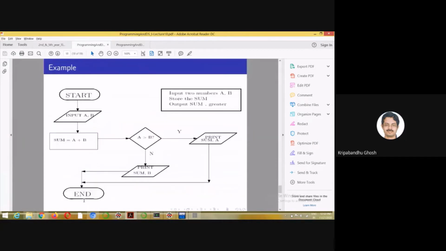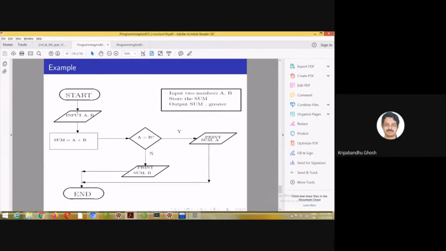And there is something called a flowchart, which I think you may be aware of. Suppose I want to write a flowchart of a program where I input two numbers A and B, store the sum in sum, and output sum and the greater of these two numbers.